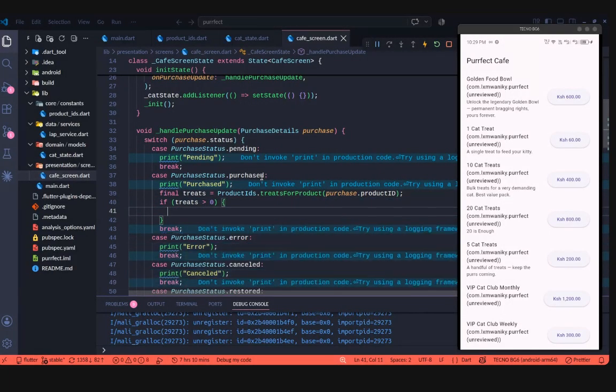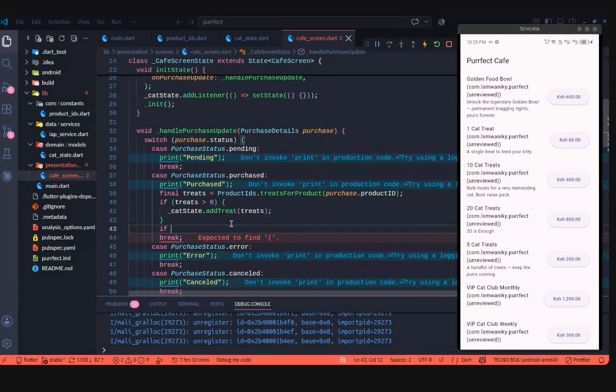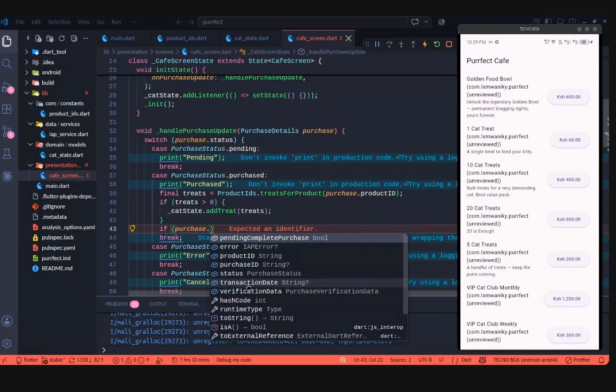So I'm going to call back our cat state dot add treats. And then I'm going to have the number of treats that we got. In case we got 5, in case we got 10, that's what we're going to be adding there. And then I'm going to check another if the purchase is pending completion, because it can be pending, maybe waiting for the user to pay. So if purchase dot pending complete purchase,